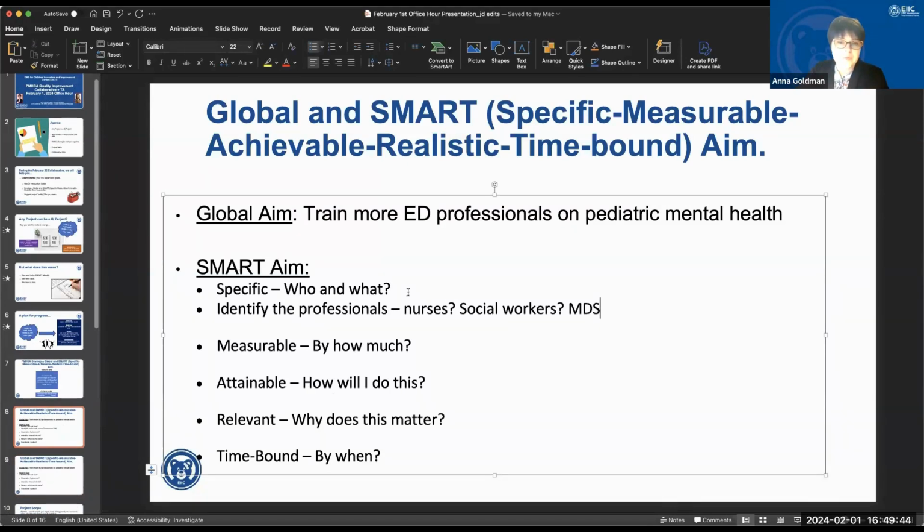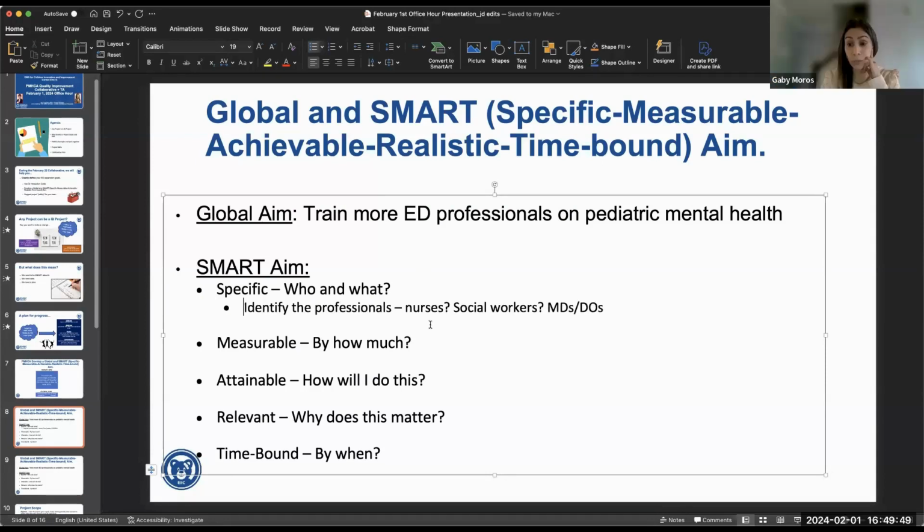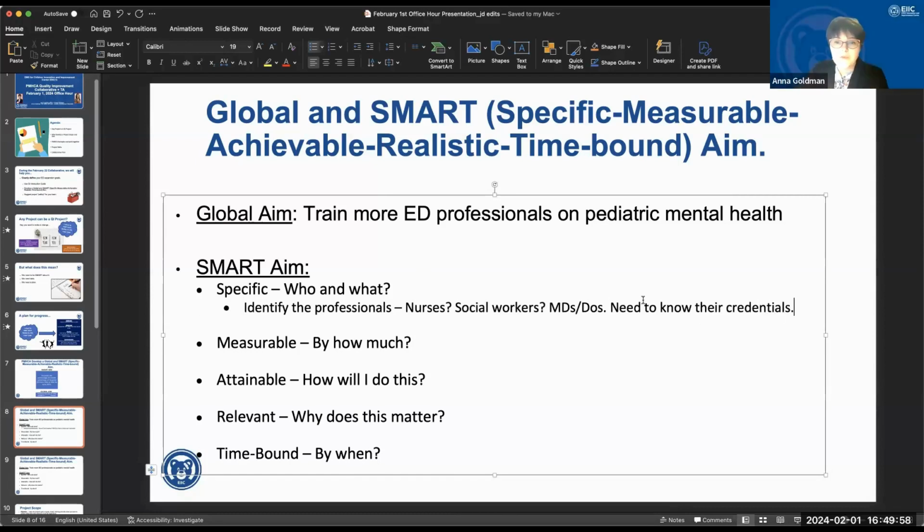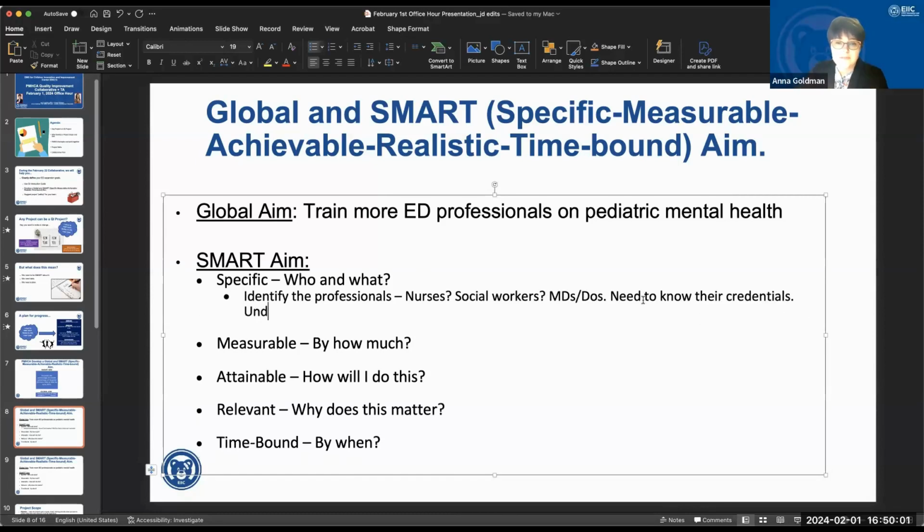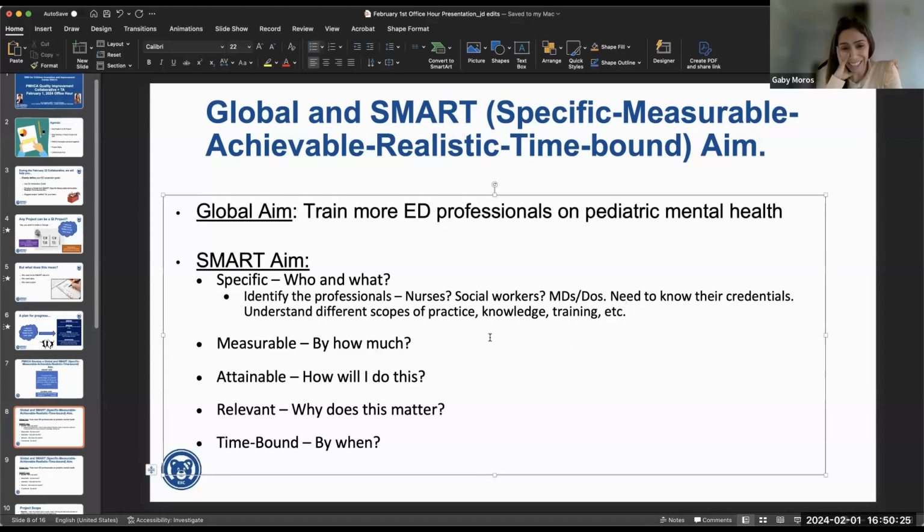And why do we think that credential piece is important? Because if we want to train them, we can identify the baseline knowledge for them as well. Maybe residents we can include as well. Right, each has a different scope of practice, different knowledge baseline, different educational preparation. All those things are important. Yes, absolutely, because you're going to create very different education depending on how you're approaching it. And if you are planning to provide any continuing education hours, this will also be helpful. Yeah.